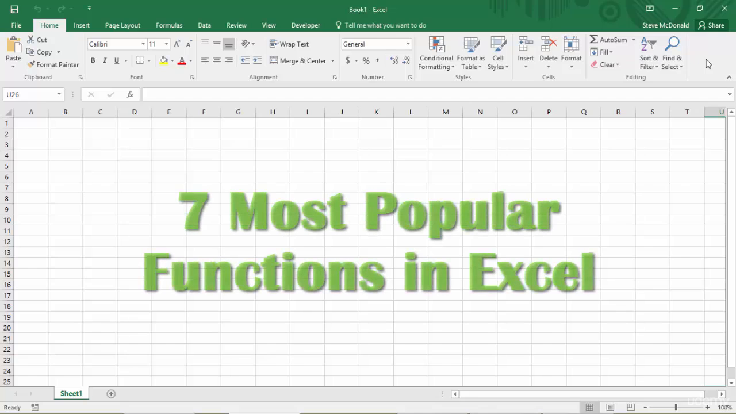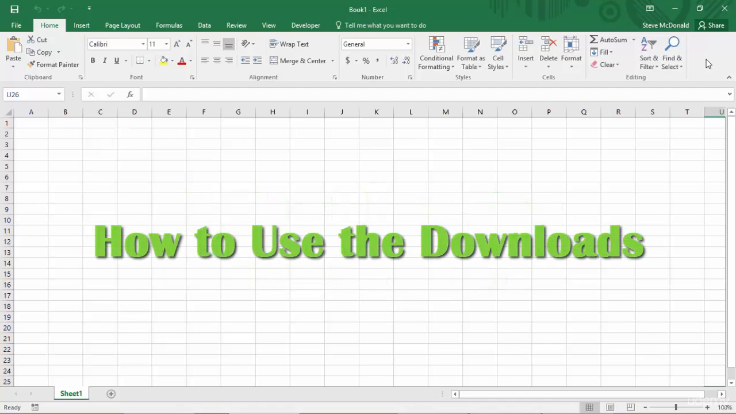In this section, I'm going to teach you the 7 most popular functions in Excel. And I'm not only going to teach you how to use them, but I'm going to teach you them in a practical, hands-on way so that you can actually put them to use. So what I want to show you really quickly in this lecture is how you can use the downloads that I've attached to each of these lectures so that you can practice and follow along with me in your own